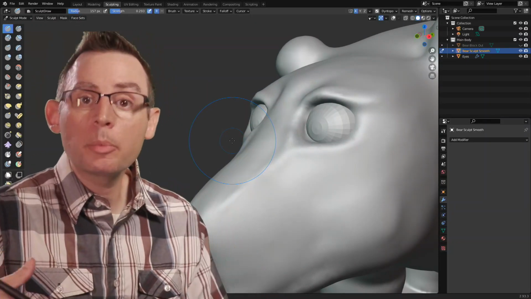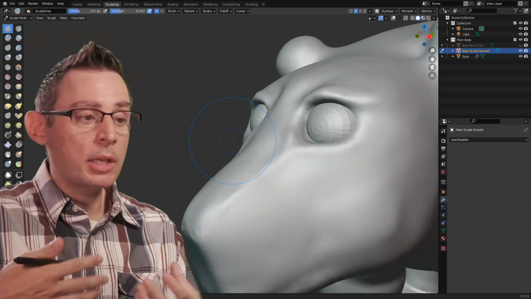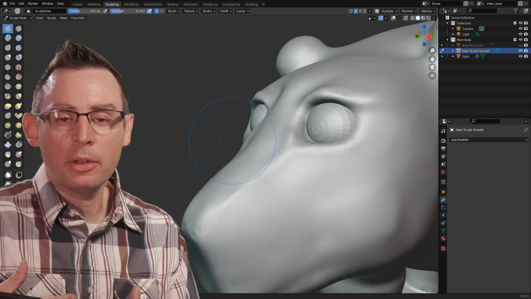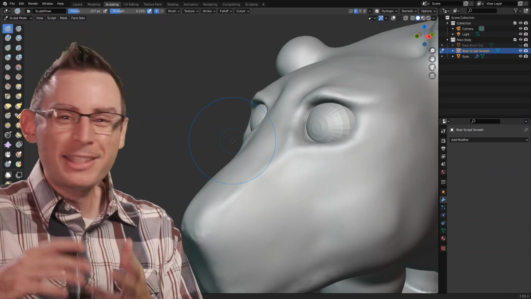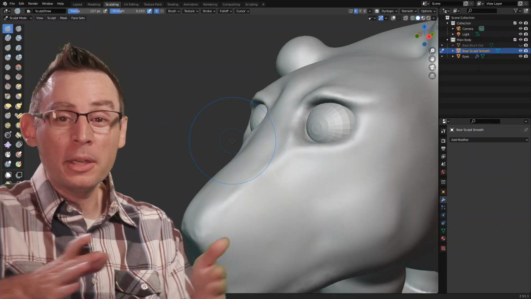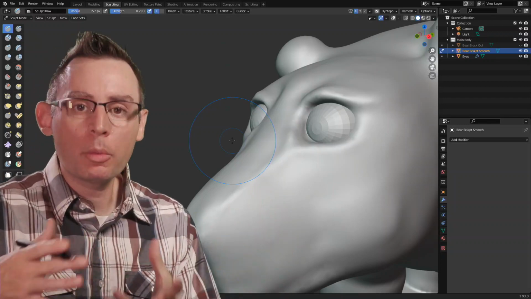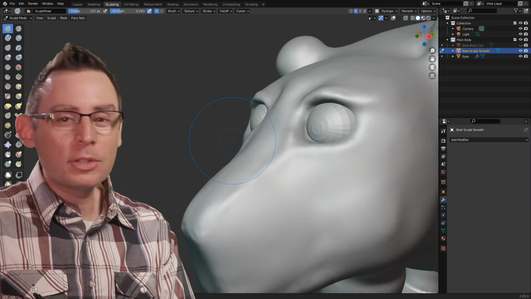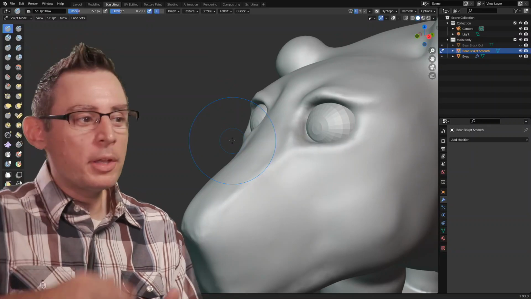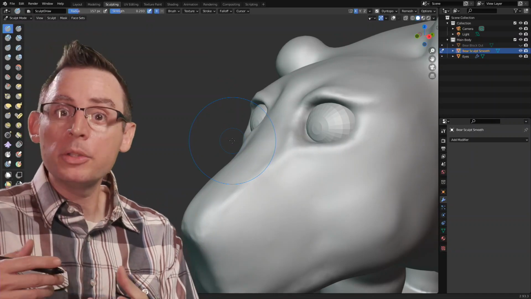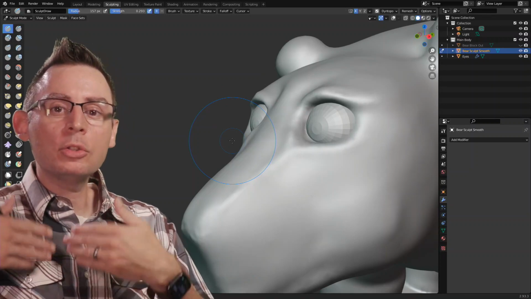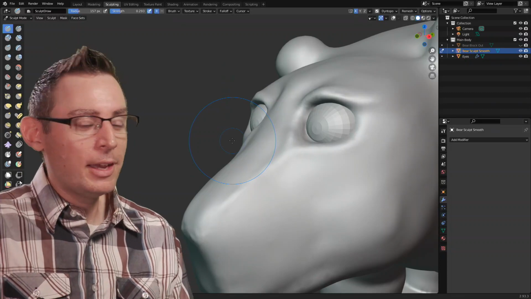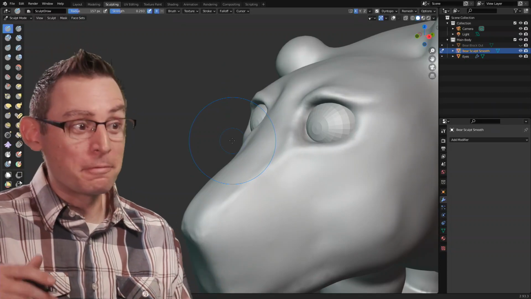Hopefully you're starting to see the process that we can go through using the Dyntopo tools to start to layer in these additional facial details. It's a slow process. It's not a straight line either. Point being is that you're going to wander a little bit. That's part of the process. Be open to this creative process. There is no silver bullet sequential series of steps that one's going to go through. It's going to be a slow, kind of organic process. And if you're open to that process, you're going to find that it gets really fun really quickly.